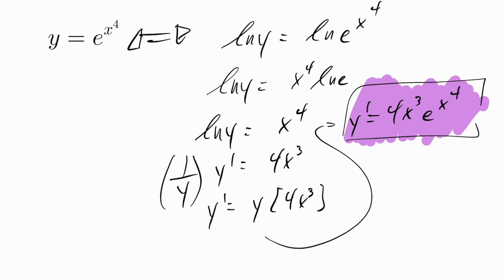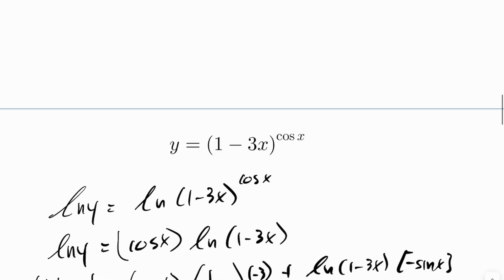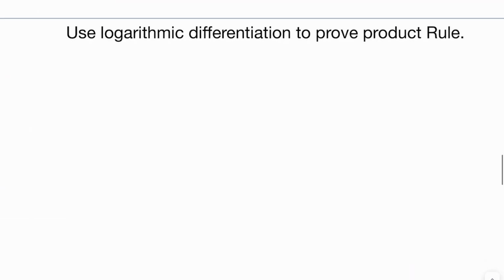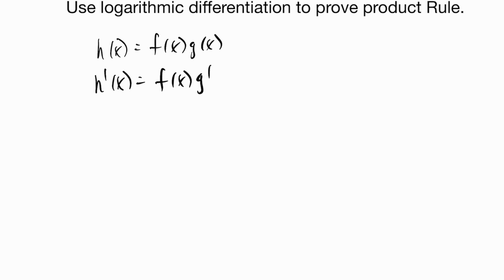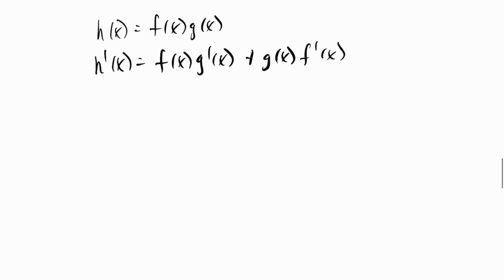All right, so there's a bunch of examples using logarithmic differentiation to take derivatives. You can also use logarithmic differentiation to prove the product rule. So let's go ahead and do that. You'll notice that what the product rule says is that if you have a function, let's say h of x, that is the product of two functions, its derivative would be f at x times g prime at x plus g at x times f prime at x. So let's go ahead and prove this using